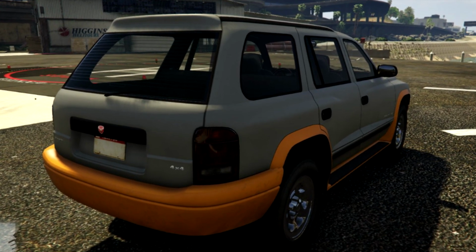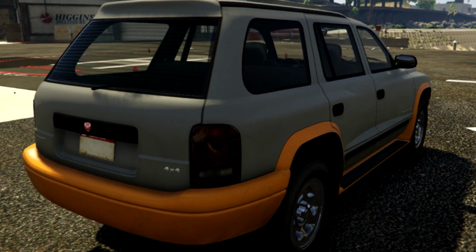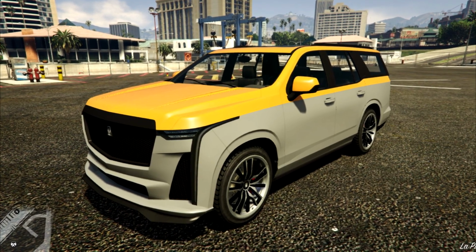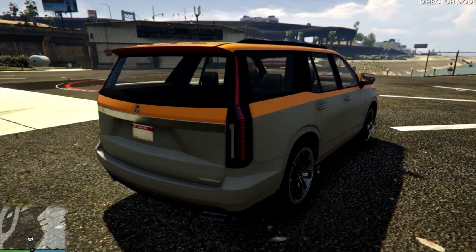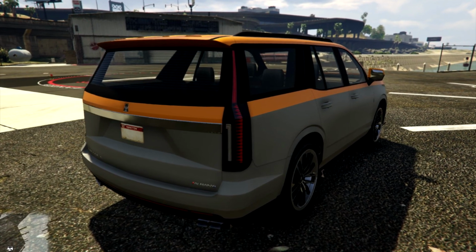Now, staying in the same car class but taking a huge 180-degree turn, we have yet another SUV that's completely different. The Albany Cavalcade XL is going to be a brand new high-end SUV, and this is based off of a Cadillac. Nice to have a Cadillac. I don't think we have too many Cadillac vehicles in the game, especially SUVs, and this one is definitely a very good-looking one. It's going to cost us